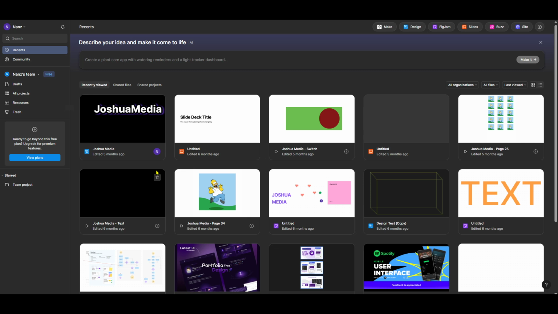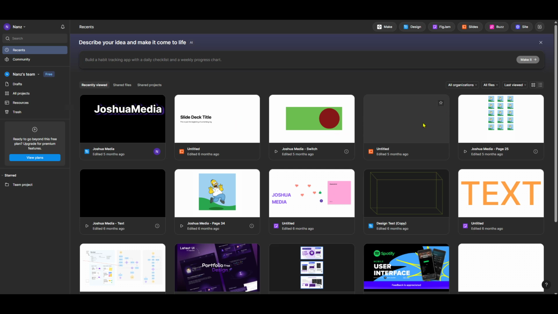Once you're in Figma, find your way over to the home page. This space is where you can access all your files, and it's essentially your design hub. Here, you'll be able to view your recent projects and navigate between different design resources shared by teammates. Think of it as your creative command center.